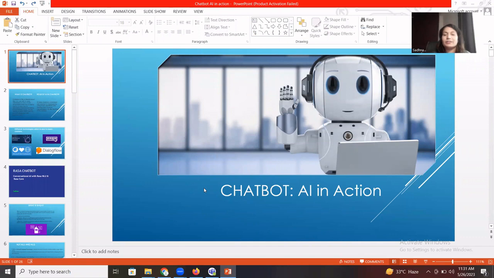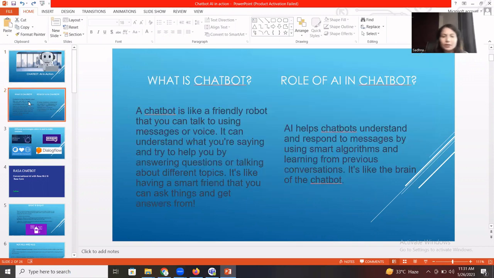So now let's discuss in detail what a chatbot is. In very layman's terms, it's a very friendly robot that you talk to, maybe in a text message or maybe in voice. You give certain instructions and it gives you the response back. An example you have seen is Amazon Alexa. You say, Alexa, play me this song, and Alexa responds.